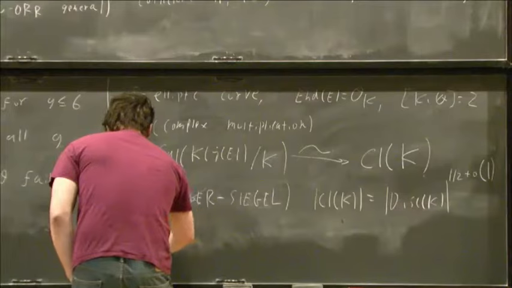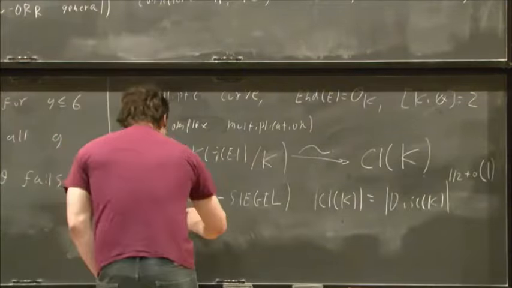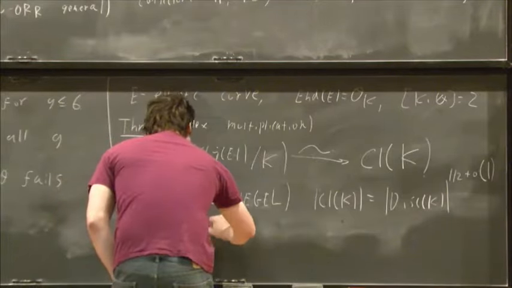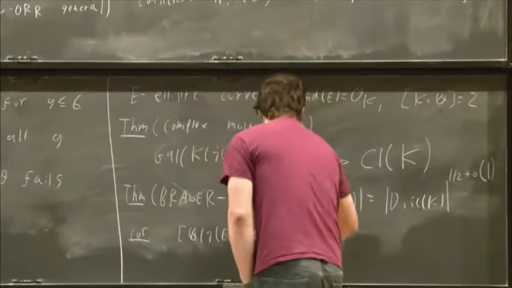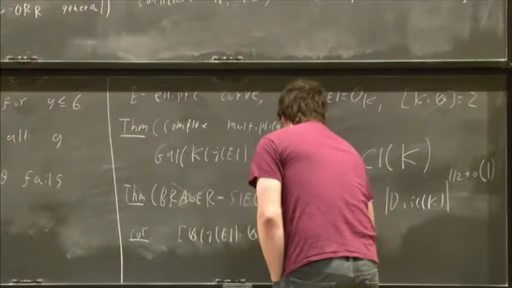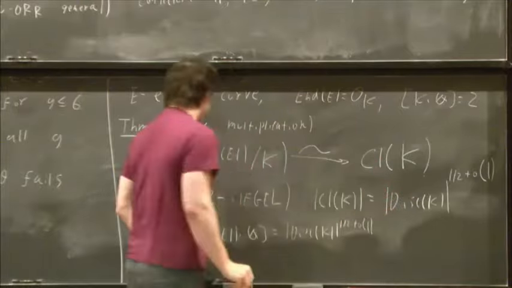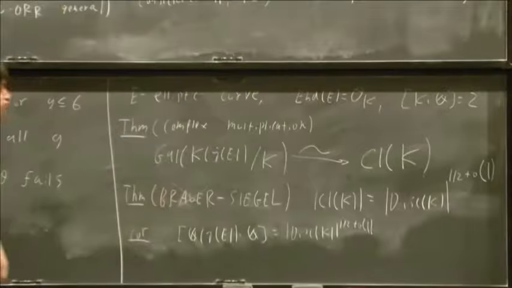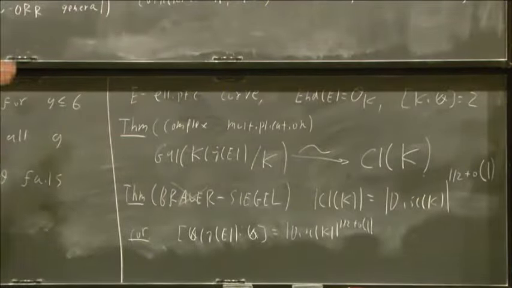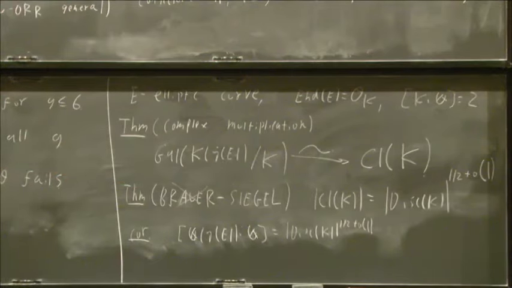And so as a corollary, I'm not going to claim this for myself, though it's not been written down anywhere. But if you just add these two, then you get that the degree of the j-invariant of E over Q is of size discriminant of K to the 1/2 plus little o of 1. So K is degree 2 over Q. So somehow these two numbers are off by at most a factor of 2. OK? And so that proves Conjecture 1 sub 1, in fact, with plenty of room to spare.